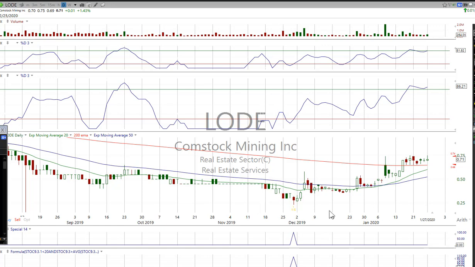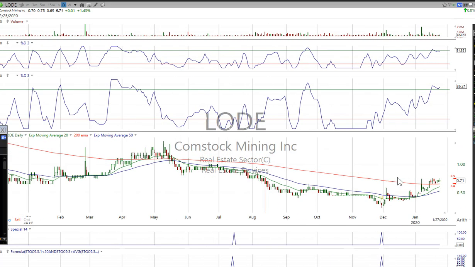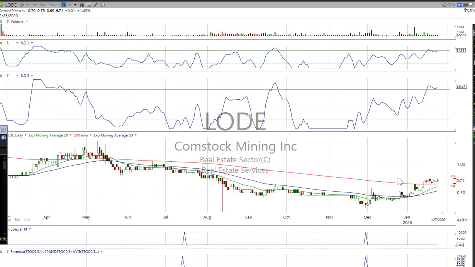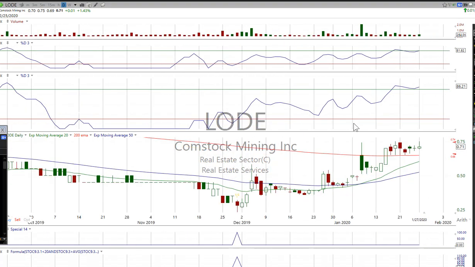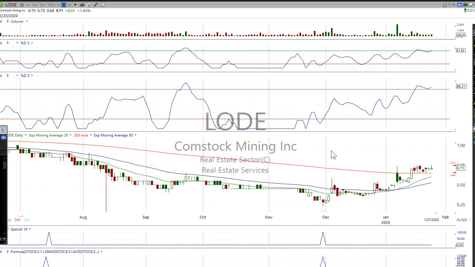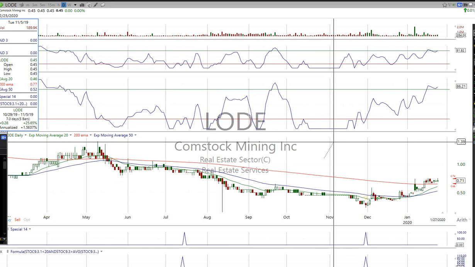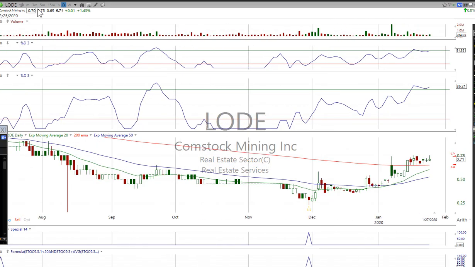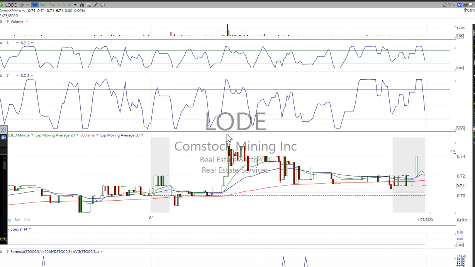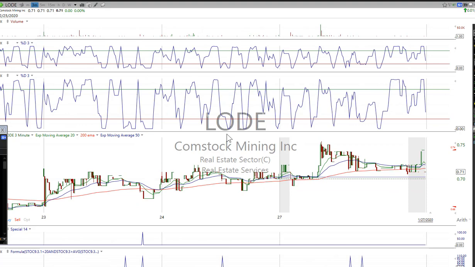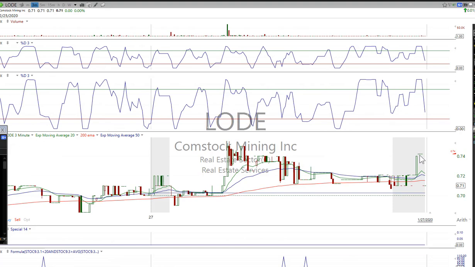Load, we have a mining stock here. It expected some news of a sale of land, and that's been holding right under $1. Kind of interesting to see what happens if that one comes out with some news. I should actually put an order in on that, because I probably won't be here if it gaps up in the morning. I don't know if that even trades pre-market. Yeah, it's out of spot. Kind of like it. All right.